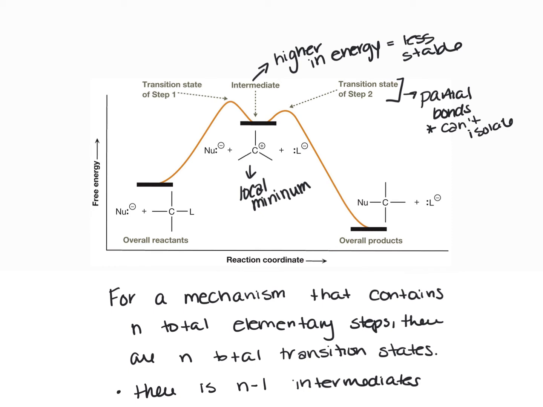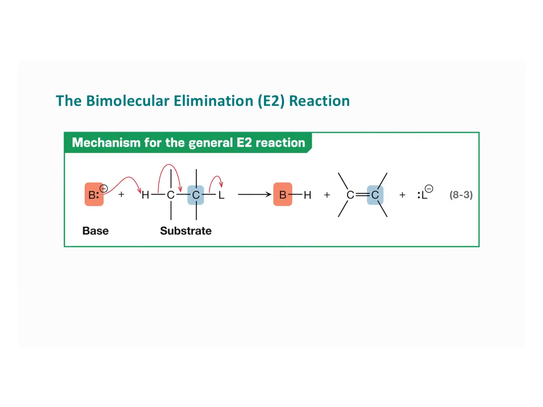Now, I want us to look then at elimination reactions. So we've looked at the 2 substitution reactions that we're going to talk about through the rest of this chapter. Let's look at elimination reactions for just a second. So elimination reactions are going to form double bonds. And, excuse me, in section 7.5,